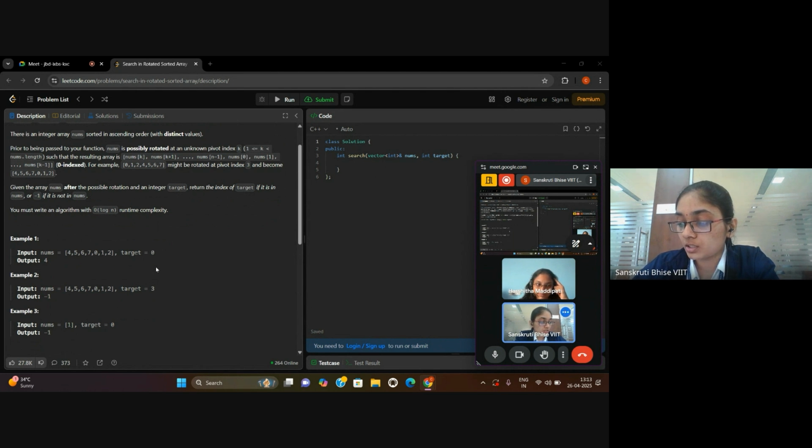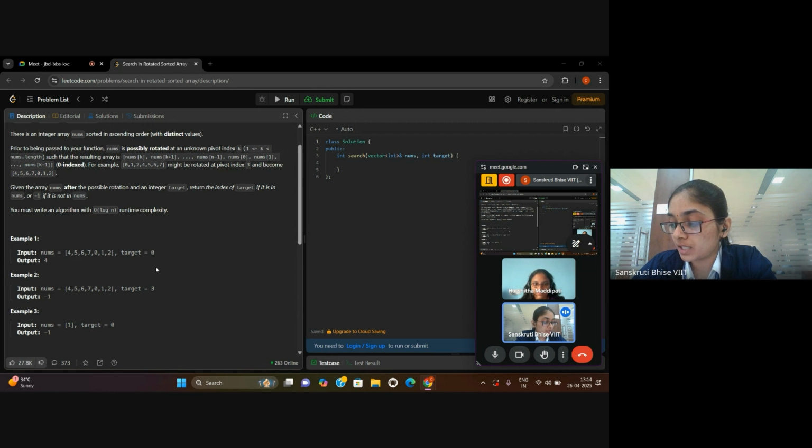At index 3, I will compare the element at the starting index with the middle element. If my middle element is greater, then this part is obviously sorted.